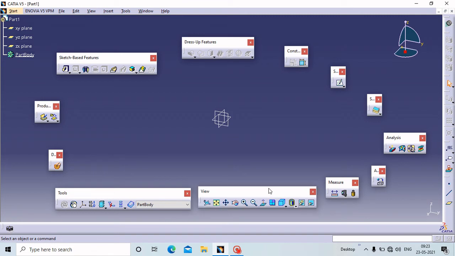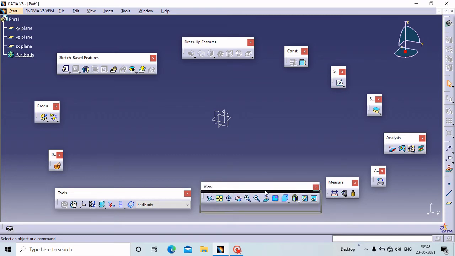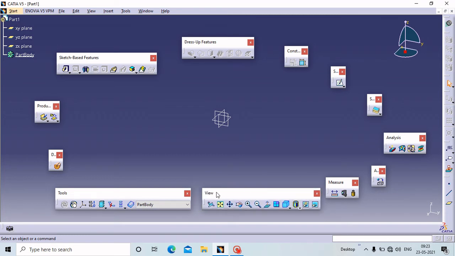If you want to view your part and the sketch in various types of views, then by using this View toolbar you can fit all in, pan, rotate, zoom in, zoom out, then Normal View, and then Multi Views here.